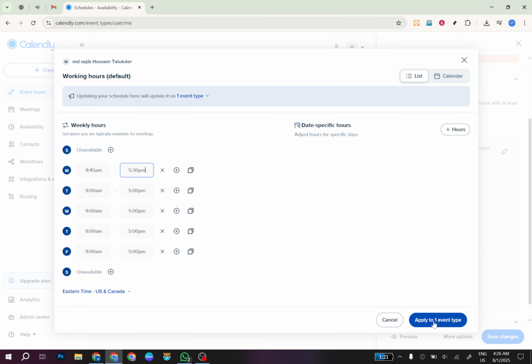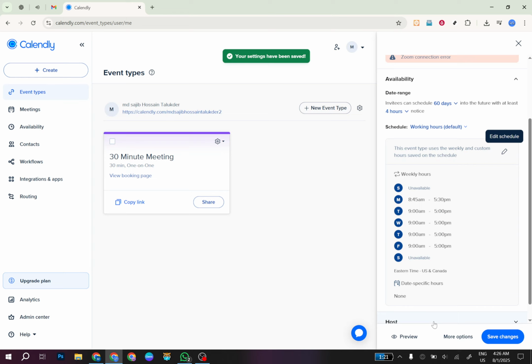Once you're satisfied with the times you've chosen, look for the Apply to One Event Type option and click on it. This ensures the availability settings you've configured will apply to this particular event, streamlining the booking process for all involved. Finally, don't forget to save your changes. Click on Save Changes to ensure all your new settings are securely stored in the system. And that's it. By following these steps, you've